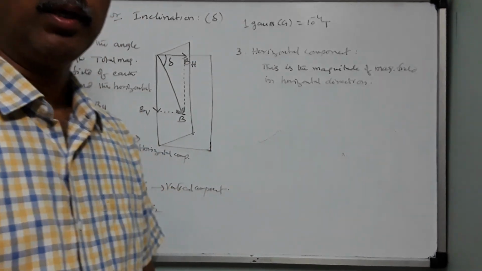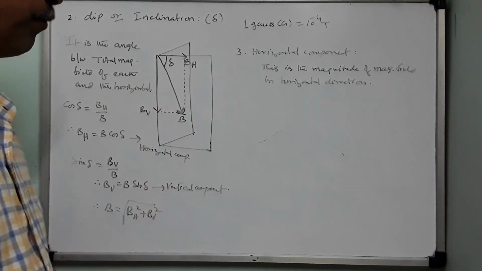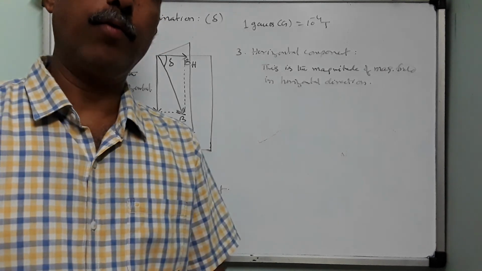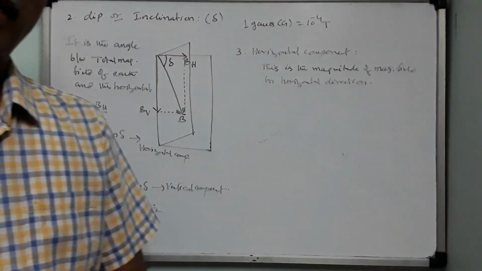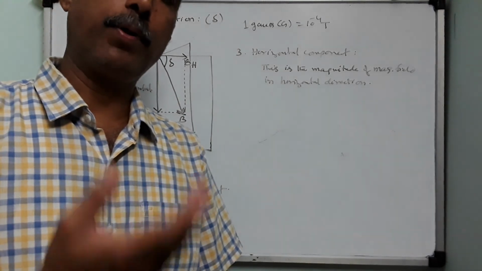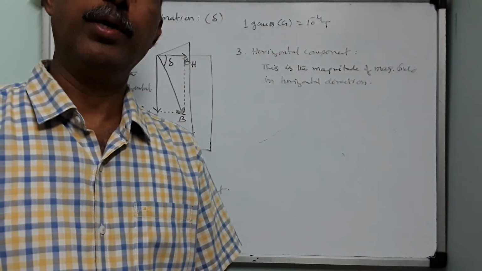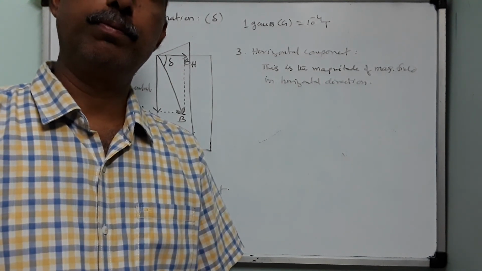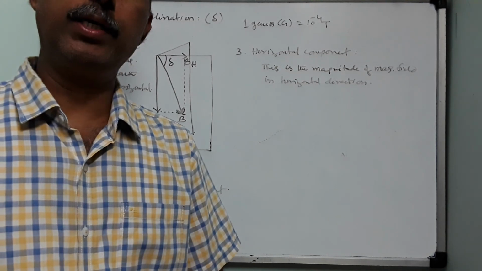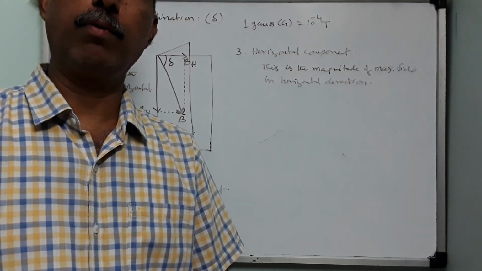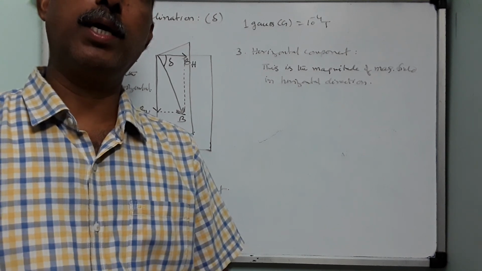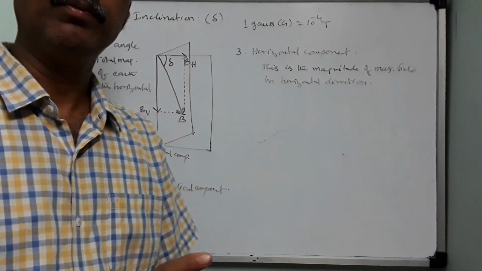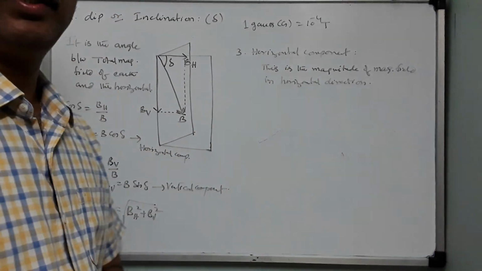So in this, 1 mark questions and 2 mark questions can be expected. Like, what is the angle of dip at poles? What is the angle of dip at the equator? What will happen to the compass when you take it to the North Pole? What will happen to the dip needle when you take it to the North Pole? When it is brought to the equator, what will happen? How does it rotate? What is the alignment? They are all there in the textbook. Okay, you read them thoroughly and you can score marks easily in this topic.